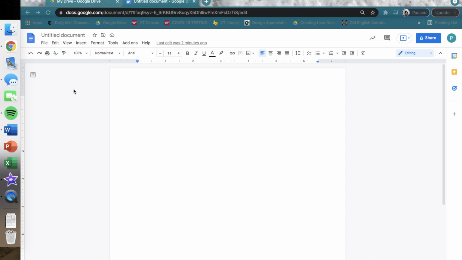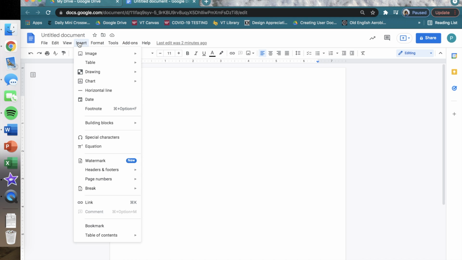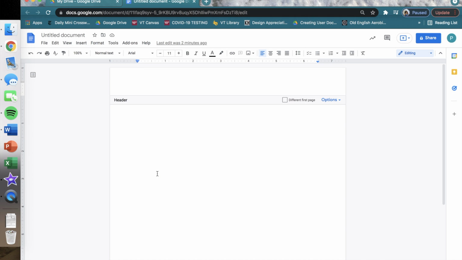Once you have created a new Google Doc, you will see many drop-down options at the top of the page. File, Edit, View, Insert, etc. A header is a section of the document that appears in the top margin. To add a header, you will move your cursor over to Insert. Once you click on Insert, you will get a drop-down menu of options. Six from the bottom, there will be an option titled Headers and Footers. You will know when a header has been created because at the top of the Google Doc, there will be a special section dedicated to just the header.